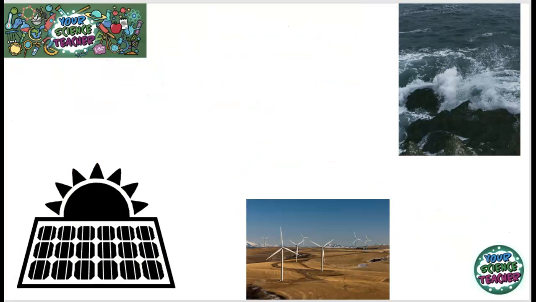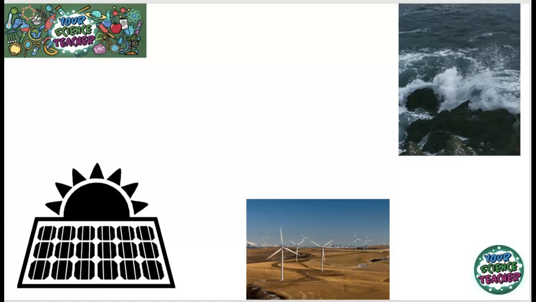Let's now look at some more sustainable resources of generating electricity and ways that are currently being investigated as potential sources of electricity for the future. We do already use a lot of these, but we perhaps could use them some more in order to generate our base load. That just means the load that we depend on for our country.